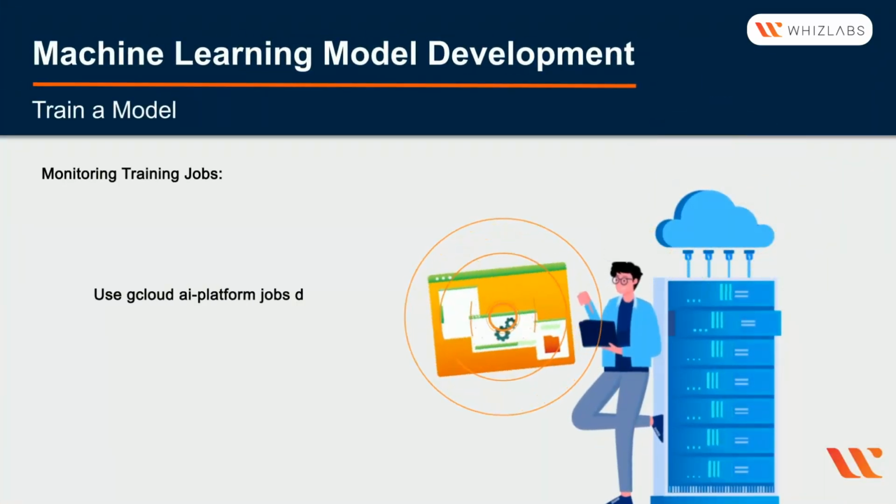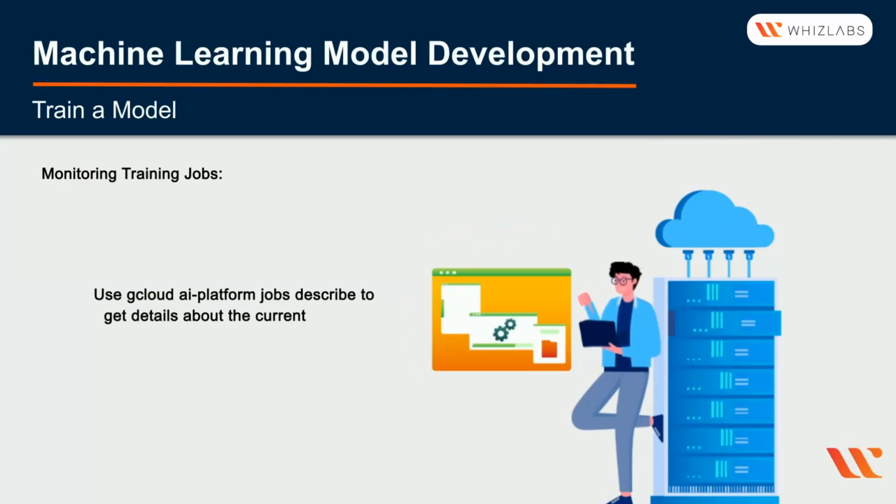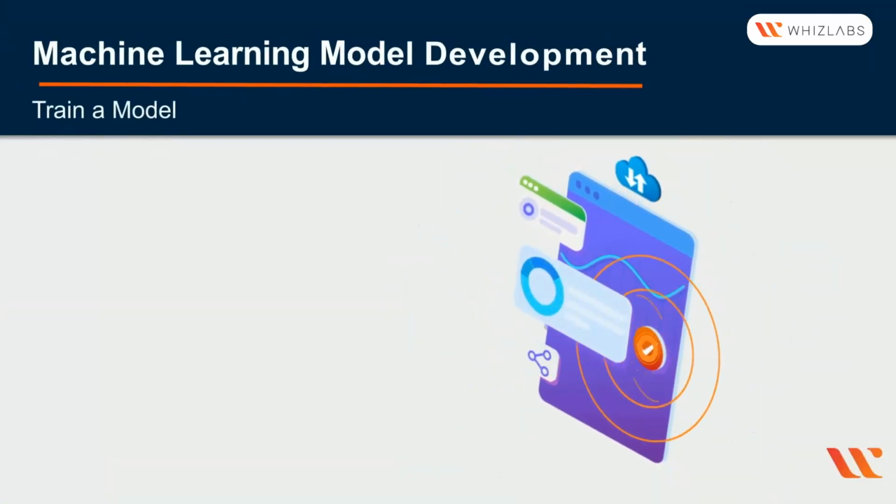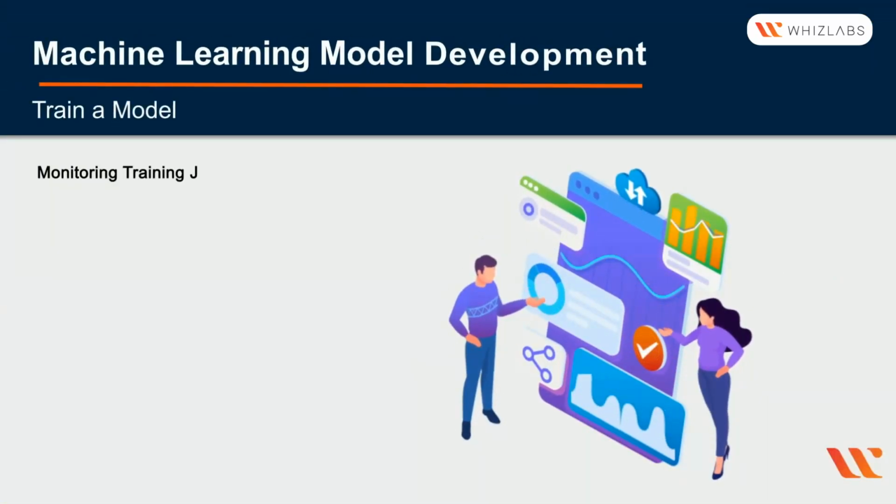Use gcloud ai-platform jobs describe to get the details about the current state of the job on the command line. You can get a list of jobs associated with the project that includes the job status and creation time with gcloud ai-platform jobs list. Note that this command in its simplest form lists all the jobs ever created for the project. You should scope the request to limit the number of jobs reported. The following examples should get you started.